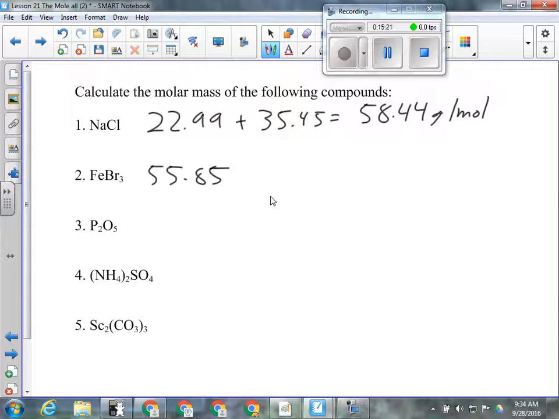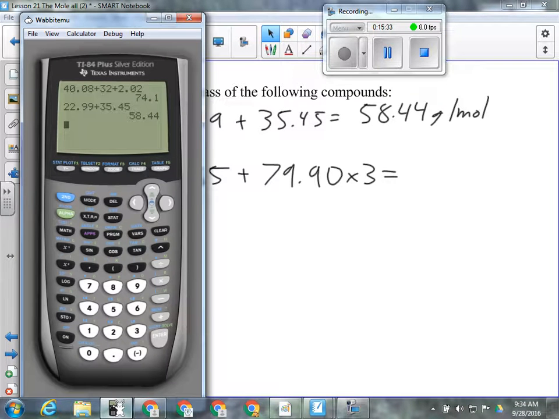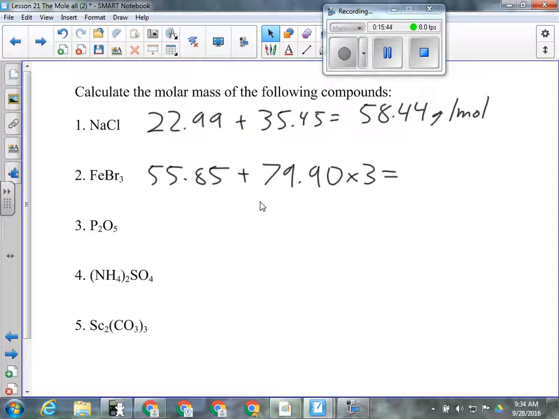So 55.85, one iron, and there's 3 bromines, which are 79.90, is that right? Times 3. That gives 295.55